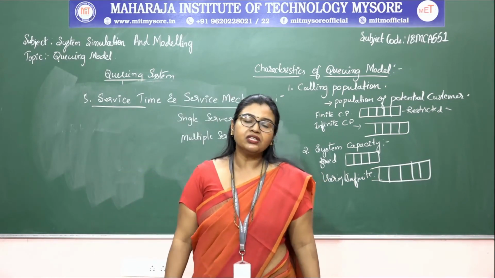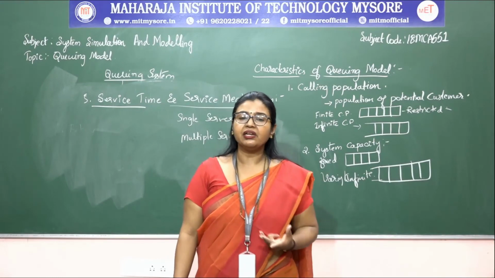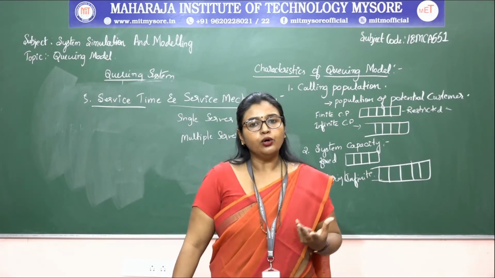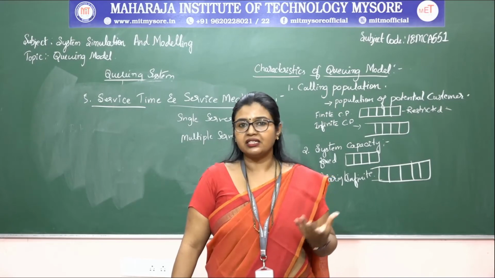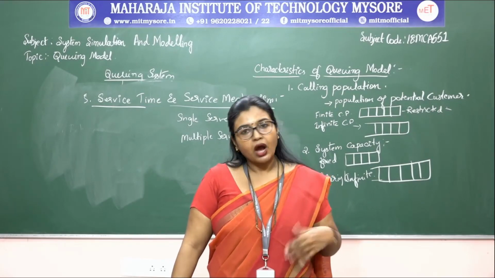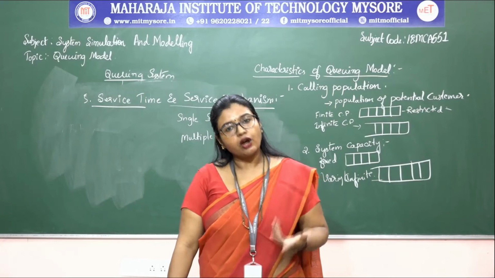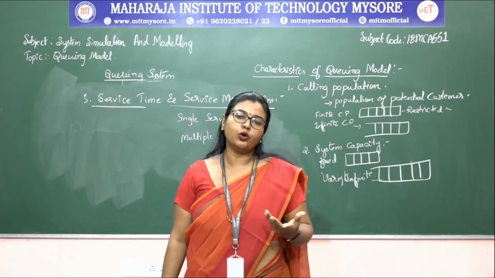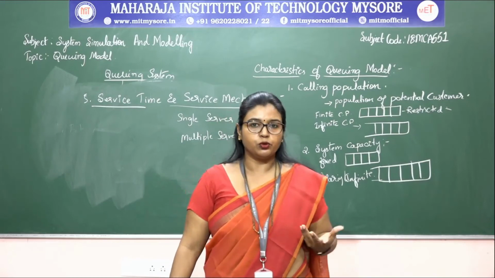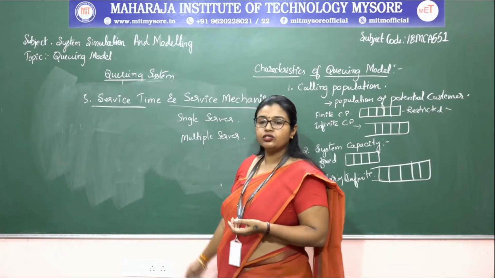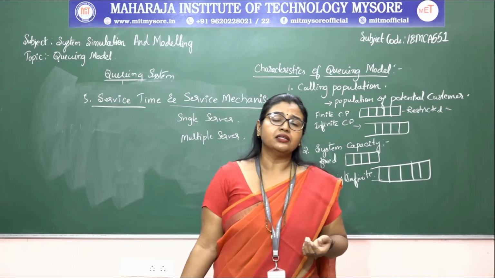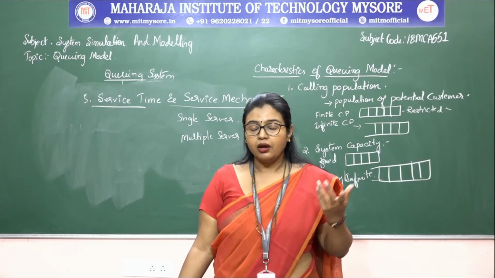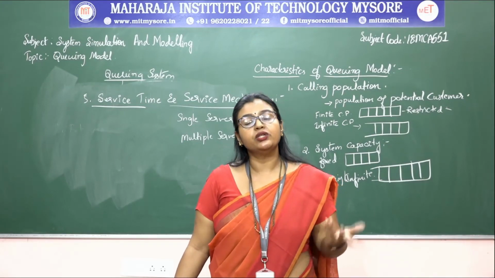We have already discussed examples, and then we discussed the arrival process. In the arrival process, we have deterministic and stochastic. If it is already scheduled, that is deterministic. If it is not determined or not scheduled, then we need to go for a number of distributions. And next, we learned the service time, behavior and the queue discipline.